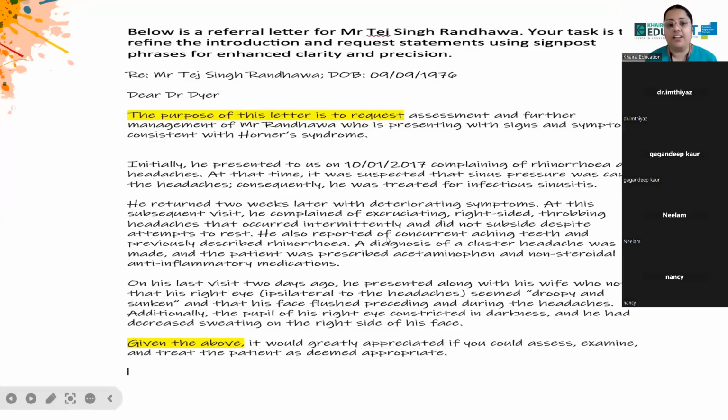We absolutely are. So, in order to add clarity and to set the context of the information being provided, the purpose of this letter is to request assessment and further management of Mr. Randhawa, who is presenting with signs and symptoms consistent with Horner syndrome. Given the above, it would be greatly appreciated if you could assess, examine, and treat Mr. Randhawa as deemed appropriate. Amazing. Great. I know I've put you into a lot of hard work, but I hope all of this is clarifying